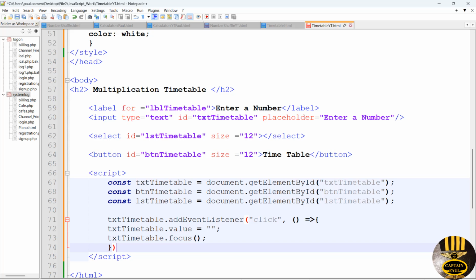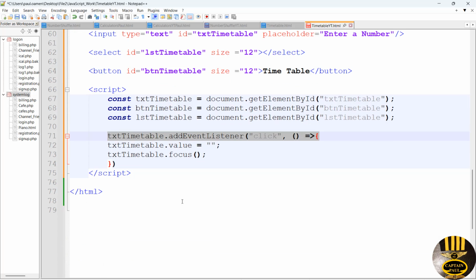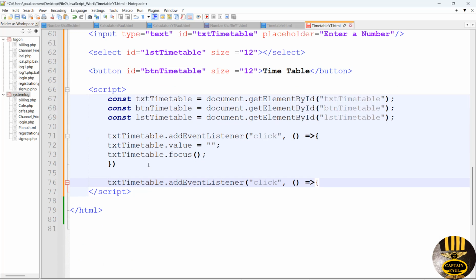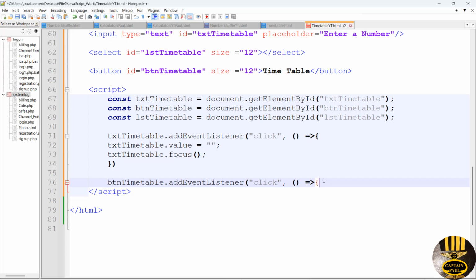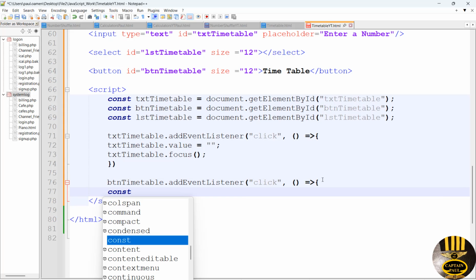Okay. Next is going to be that of the button. So we want the button to listen as well. Okay, so I'm going to grab hold of, yeah, let's grab hold of these. Just paste it right underneath here. So this one will become btn. Yeah, I would like you to listen. Okay, add event listener when it's clicked. Okay, and when it's clicked, we then want a constant input,